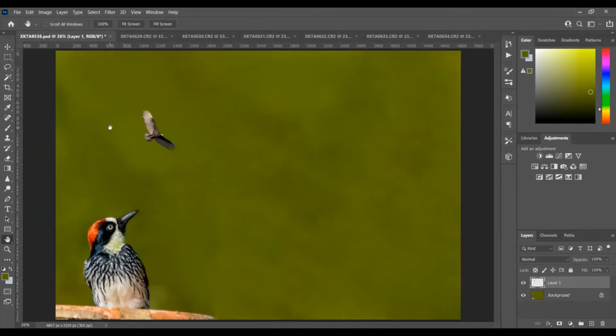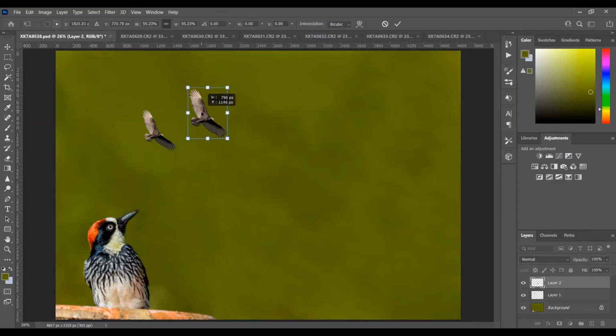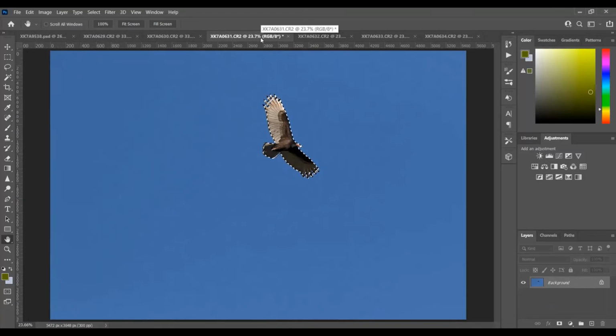Go to the base image, paste it with Control V, press Control T to select it, shrink it and take it to another place. Say okay. Now for your convenience, I have already selected all the other images.